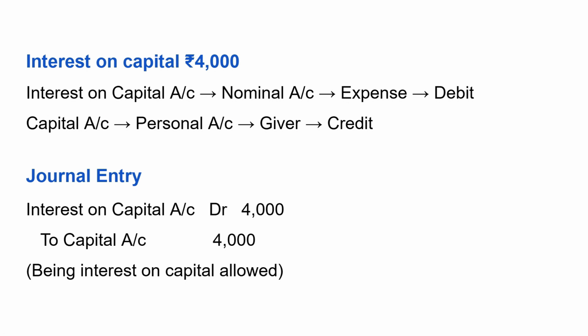Interest on capital is an expense for the business but income for the owner, so the business records it as an expense and increases the capital. This adjustment is done to show the true profit. Next,